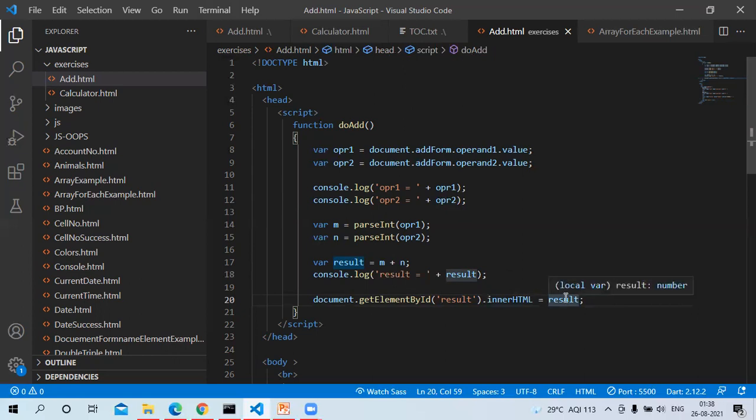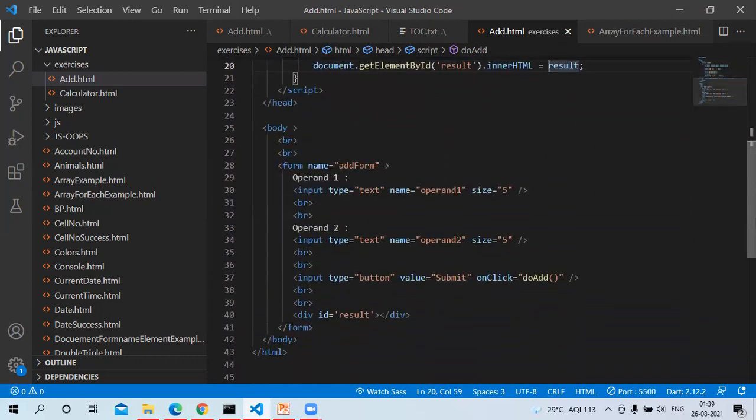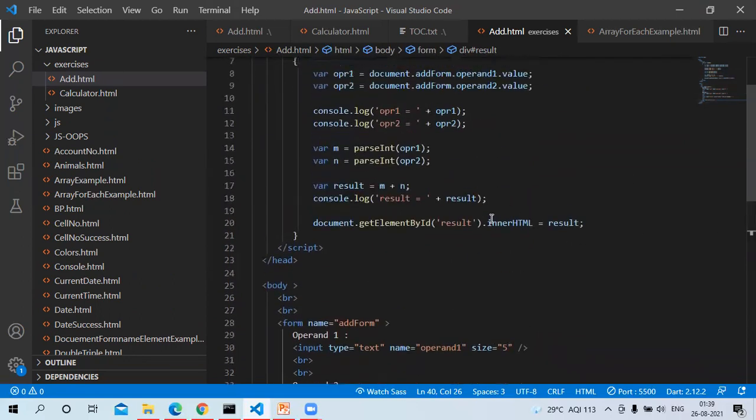So whatever result is there will go and sit within this div. Whenever we use this innerHTML, it is called dynamic HTML, because dynamically we are writing something inside the div tag. So this is the program explanation.